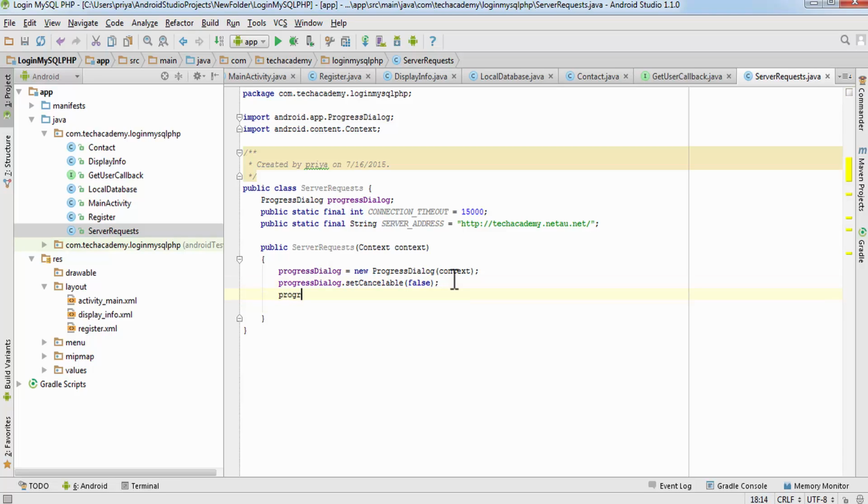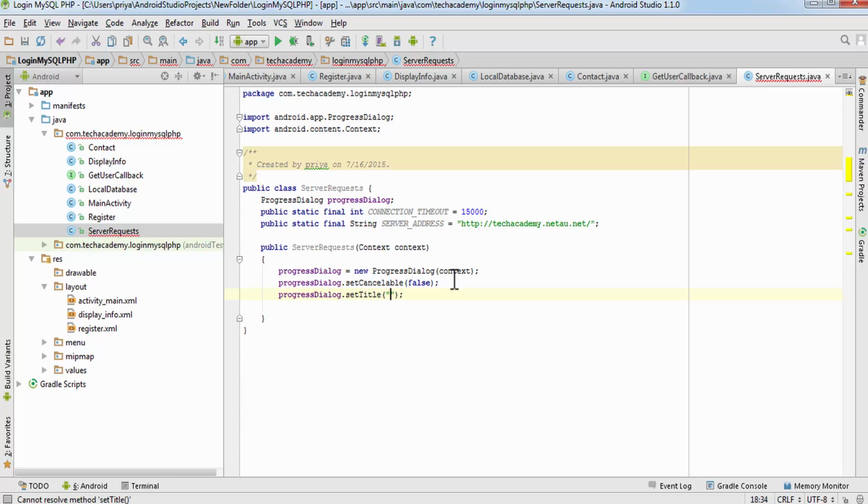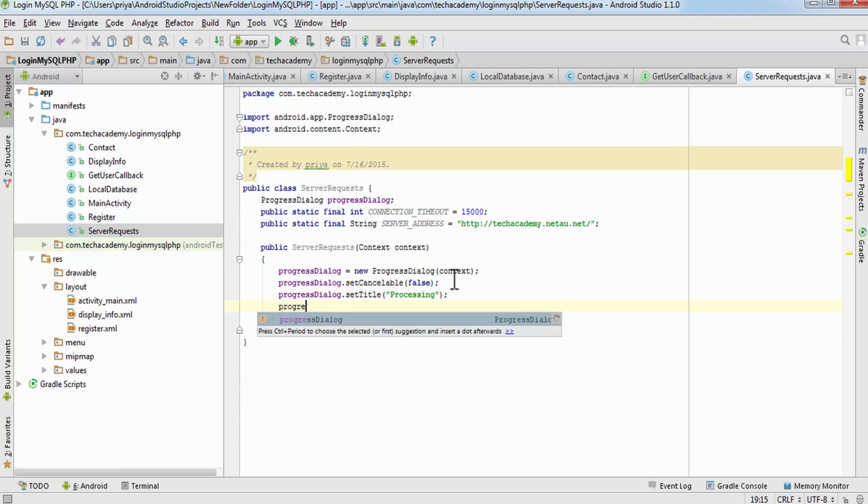Now write progress dialog dot set title. So we have to set the title and the message. So for title write processing, and for the message we'll write please wait. So this is done now. We can use it whenever we want to.